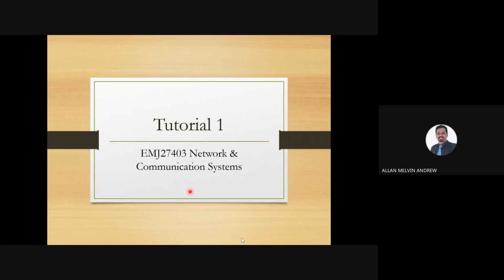Okay, good evening. We will continue with tutorial for today. So we'll be covering tutorial 1. Tutorial 1 will be more on chapter 1 until chapter 3. We will see whether I can give you a synchronous puzzle tutorial 2 for your preparation for your